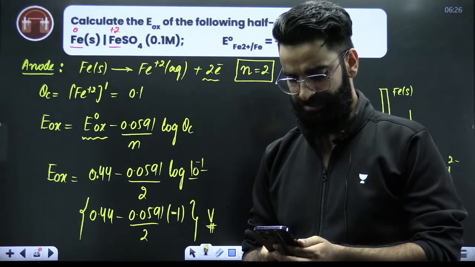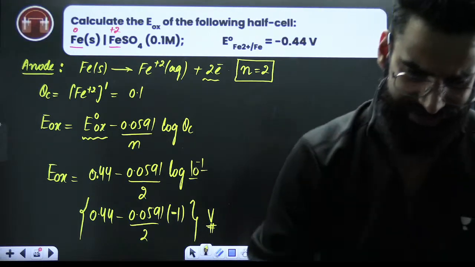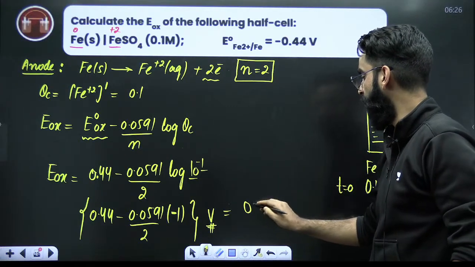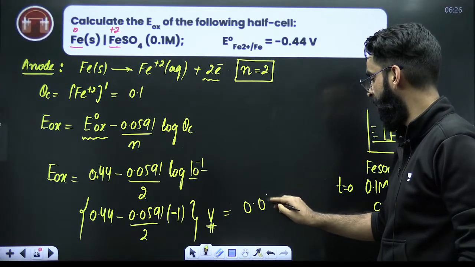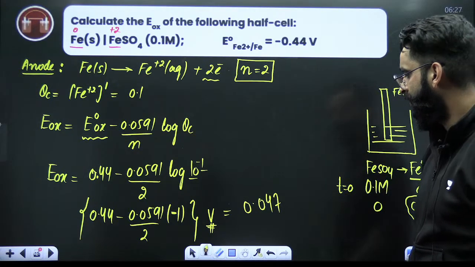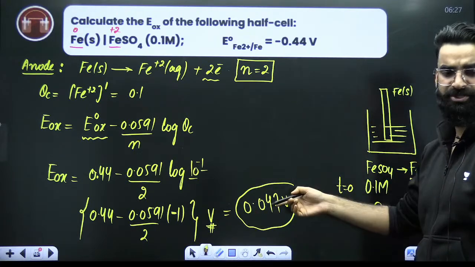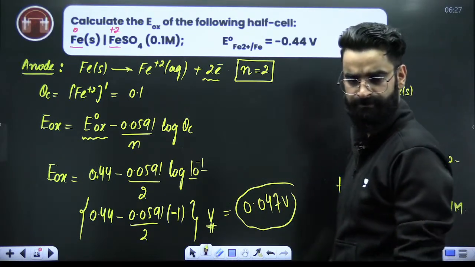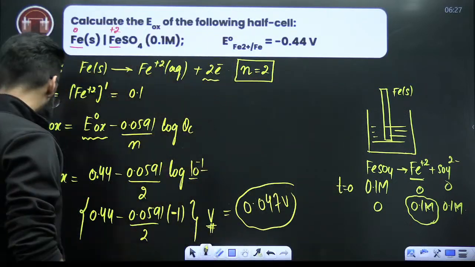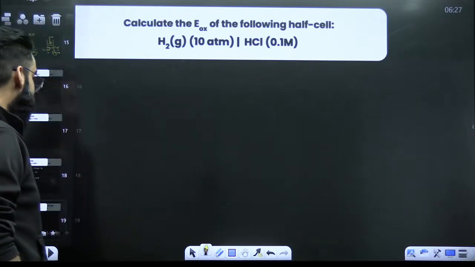Let me know once in the chat, people, quickly. Priya is saying it's 0.046, right? Okay, it is 0.0, I think 47, right? This is the oxidation potential of this particular half cell, so its reduction potential will be minus times this. Okay? This sort of question, I believe you can solve easily from now onwards. Look at the next question.